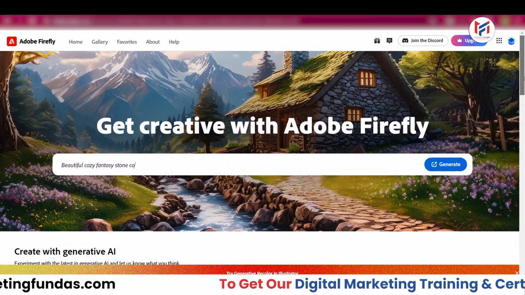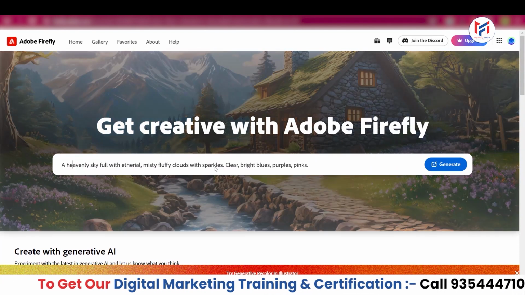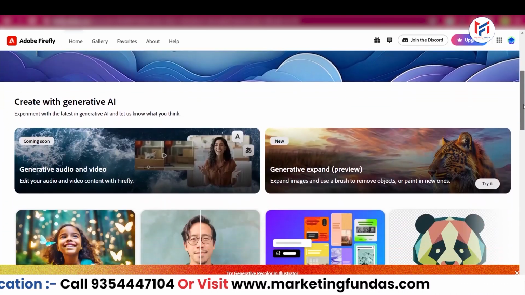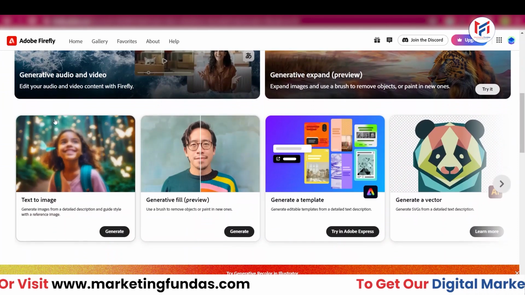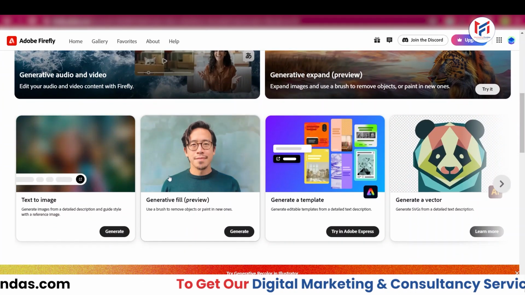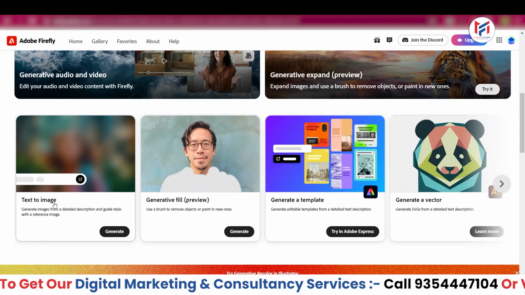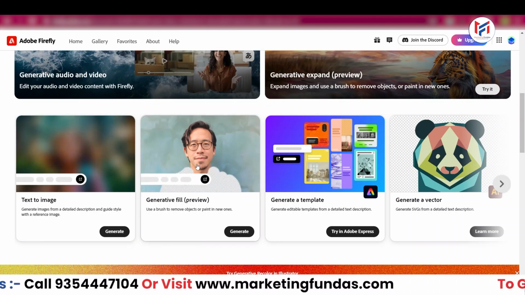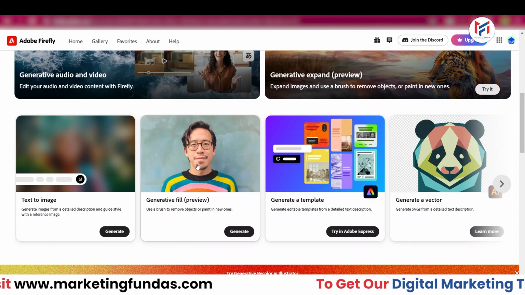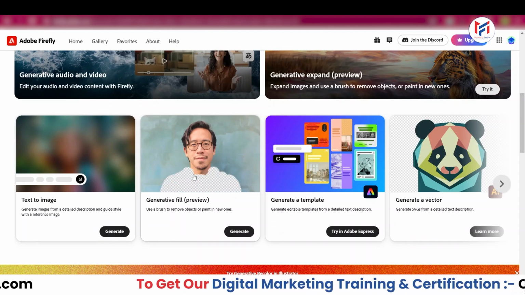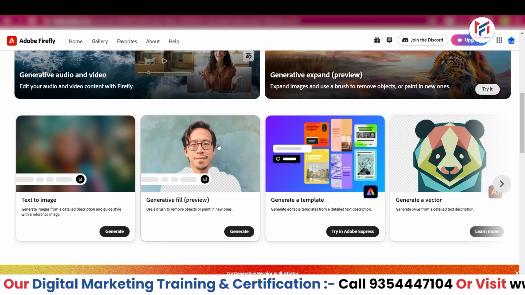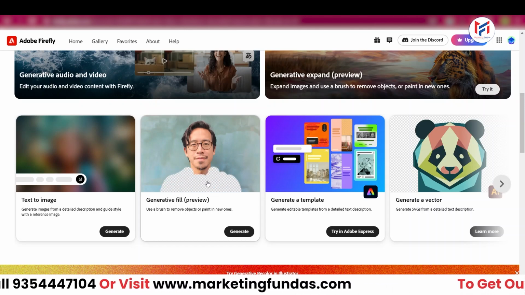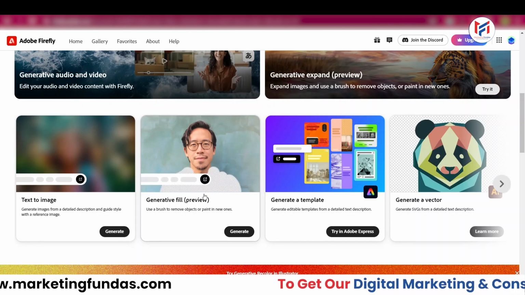After this, what you can do is either directly click here and generate whatever you want from here as well. Otherwise you can scroll a little bit down, and here you can use a specific tool, whatever you want. Either you can go with text to image or generative fill. In generative fill you need to provide your own image, whatever you have, and then you can customize that image according to this example, as you can see here, right? This is how basically the color of the t-shirt, the design of the t-shirt is changing